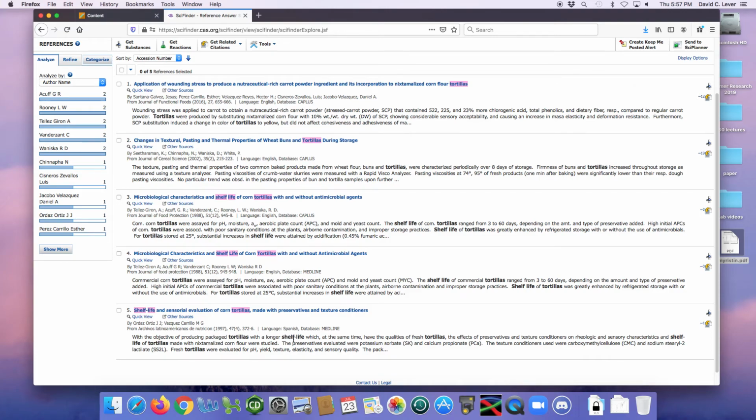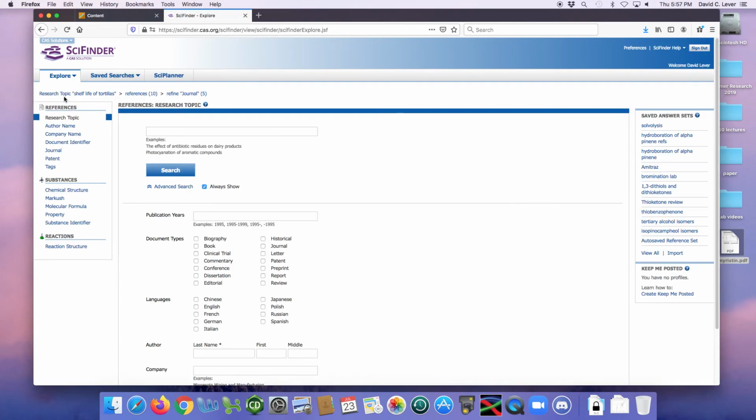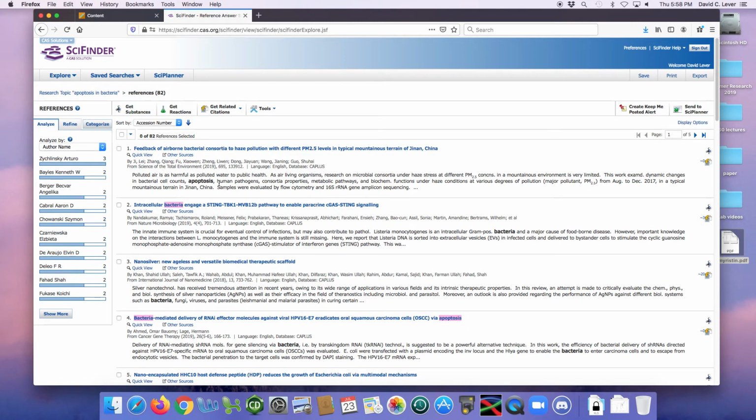Producing packaged tortillas with a longer shelf life, which have the qualities of fresh tortillas, effective preservatives and texture conditioners. Right? You can research just about anything by typing a research topic. And you can use SciFinder not just in chemistry, but also in biology, because there are an awful lot of biological journals. If you wanted to talk about apoptosis, programmed cell death in bacteria, you could type in apoptosis in bacteria, and there are 82 references on apoptosis in bacteria in a wide variety of journals